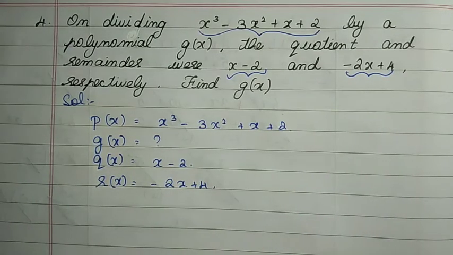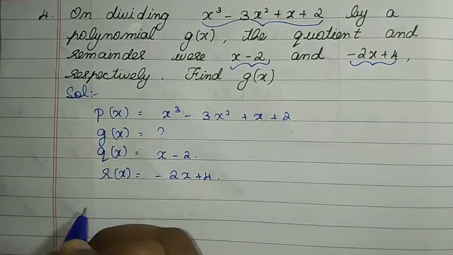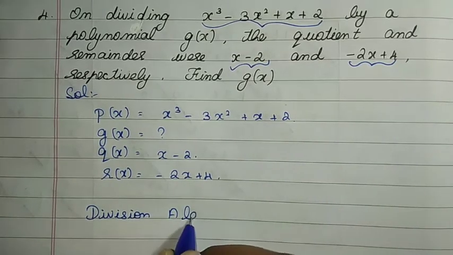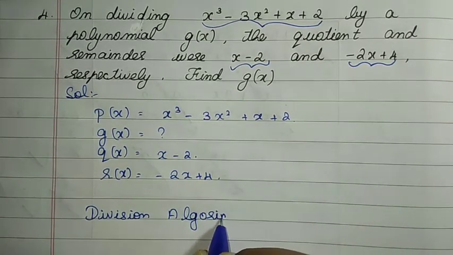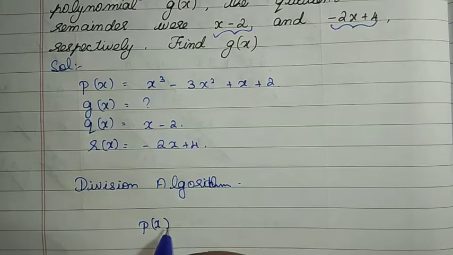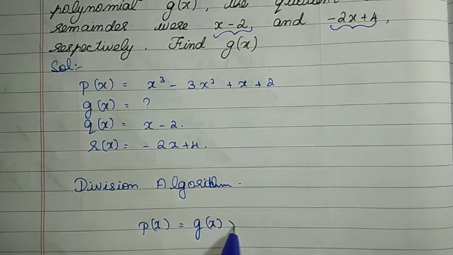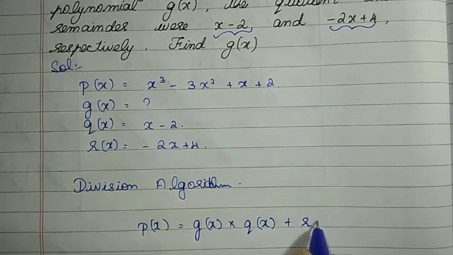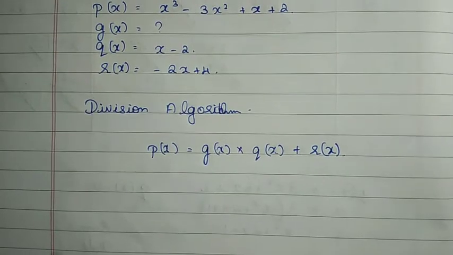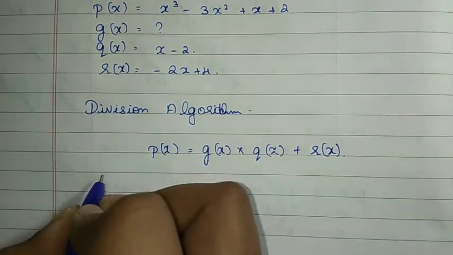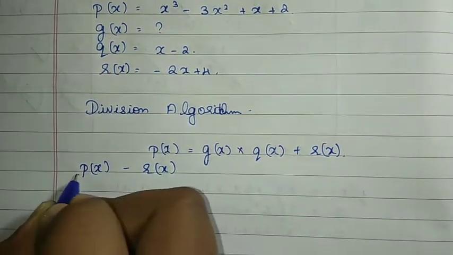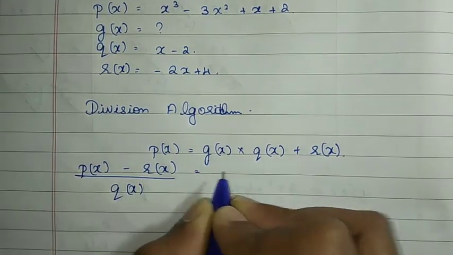So what formula will be used? That is the division algorithm formula. So what is the division algorithm? P of x is equal to g of x into q of x plus r of x, isn't it? We will be using this division algorithm formula in order to find our g. So if we have to find g, the formula is p of x minus r of x, the whole divided by q of x, is equal to g of x,